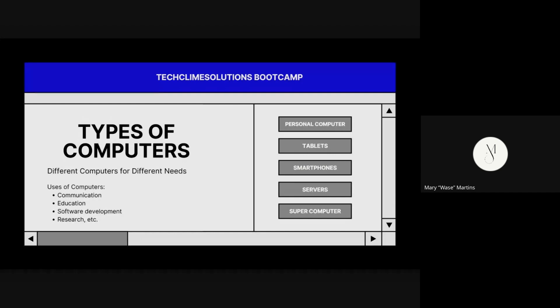Okay, so I'm going to go straight into digital technology. Before we go into the hardware and software of that, we need to understand digital technology basics. So digital technology basics refers to the electronic tools